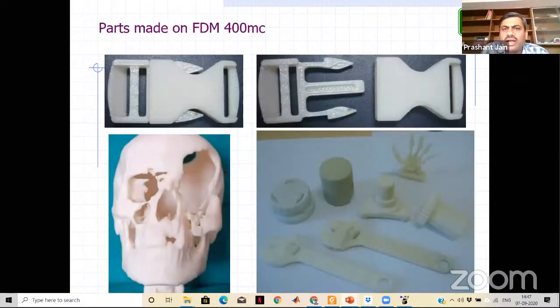Right, this is the FDM process. In actual practice, it is not that fast when we run the FDM machine. This has been made fast for video purposes. The nozzle moves very slowly. Look at some of the components we made. Here we require a lot of expertise for making such close tolerance parts. You see these parts, right, the open. Everybody knows this part, we already have it in our college bags, right? Here flexural strength is required so it can compress and lock and you can open it, right? So a lot of close tolerances have to be matched.